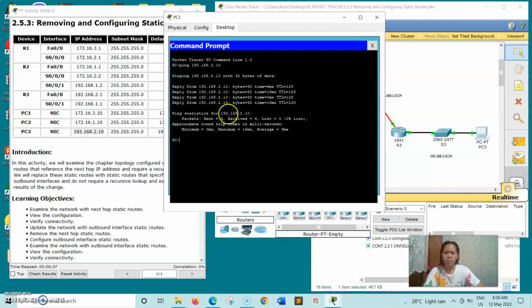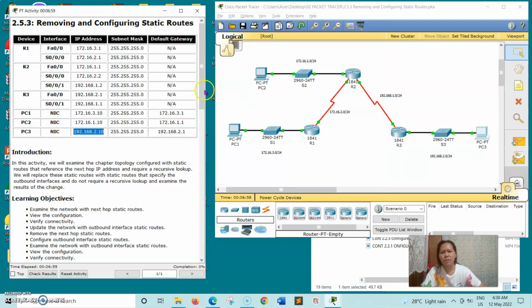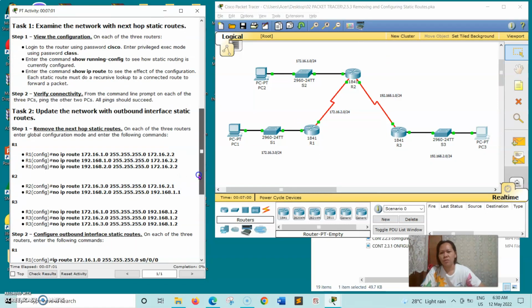Ping statistics for 192.168.2.10: packets sent 4, received 4, and lost 0. Approximate round trip times in milliseconds: minimum of 0 milliseconds, maximum of 16 milliseconds, and average of 9 milliseconds. And let's proceed to the next